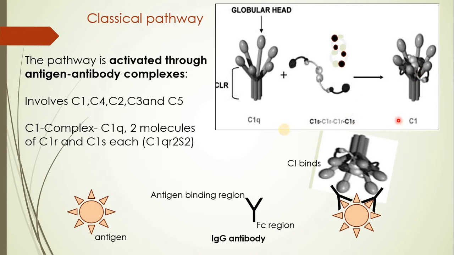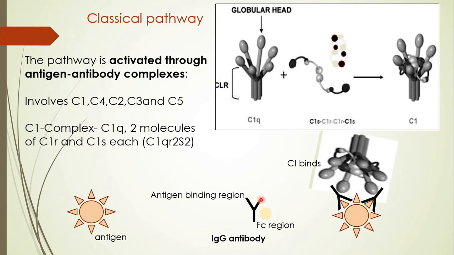Now how does it work? Let us assume there is presence of an antigen. Now this antigen shows presence of a large number of epitopes. You know epitopes are the binding sites of the antigen. Now these binding sites, which are called epitopes, have the affinity to bind with the antibody because there is a specific relation between the structure of the epitope and that of the binding site of the antibody.